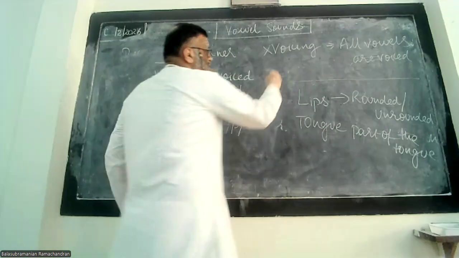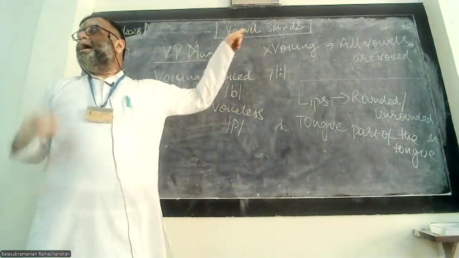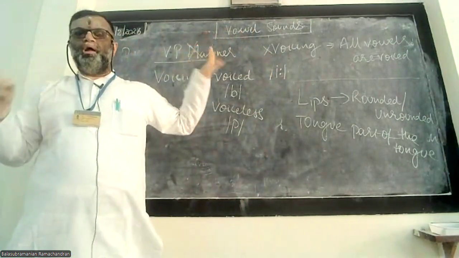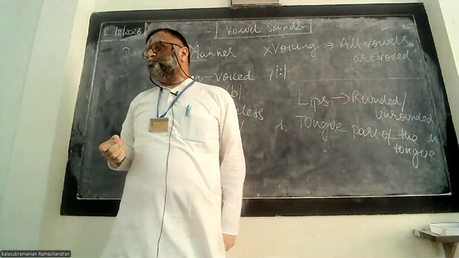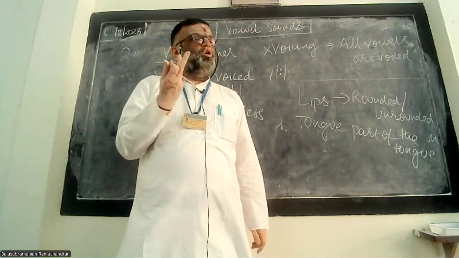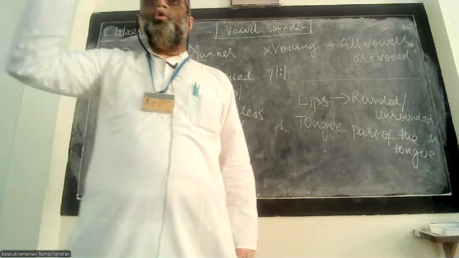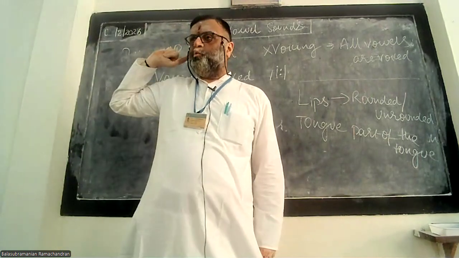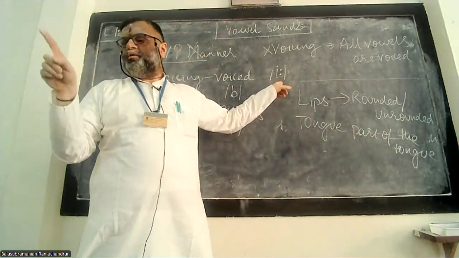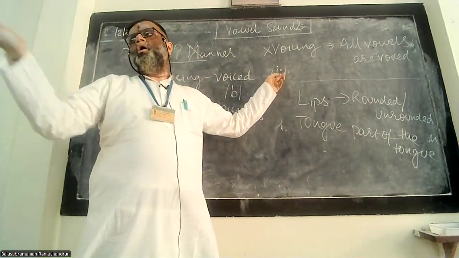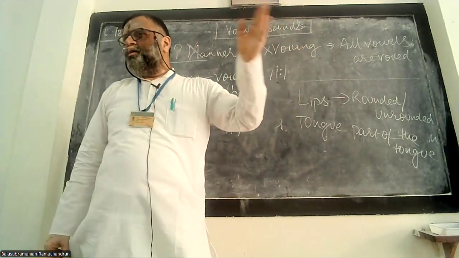For example, the long vowel E is an unrounded front vowel. It is produced with the front part of the tongue. Kalai is wondering, sir, how do we know it's front? You cannot see. The only thing you can do is hear the sound. So universally, E is a front vowel.